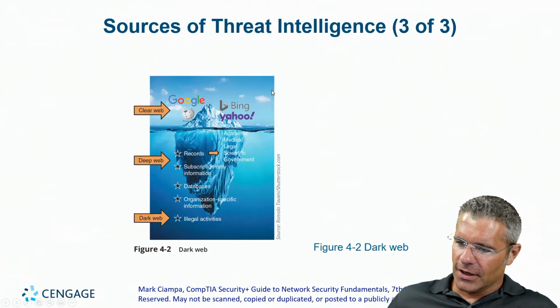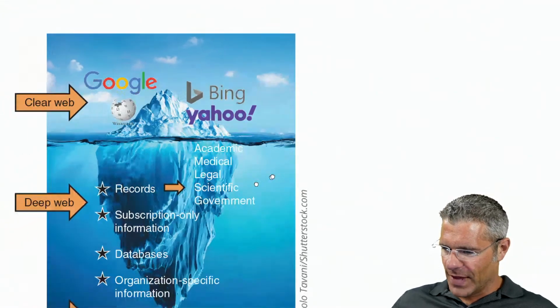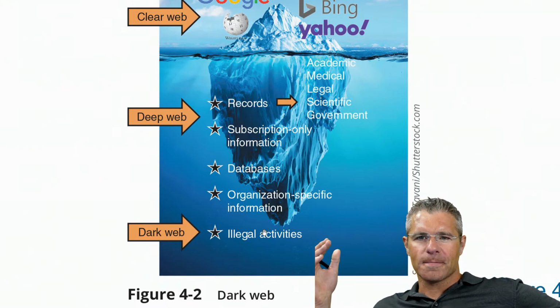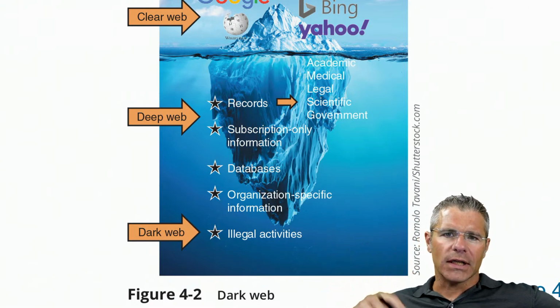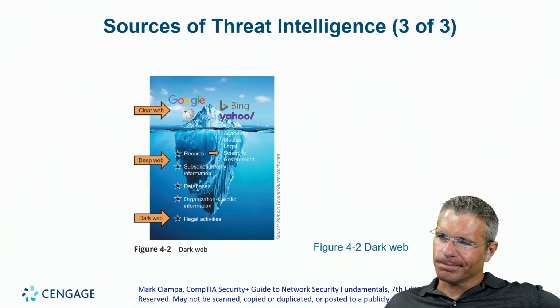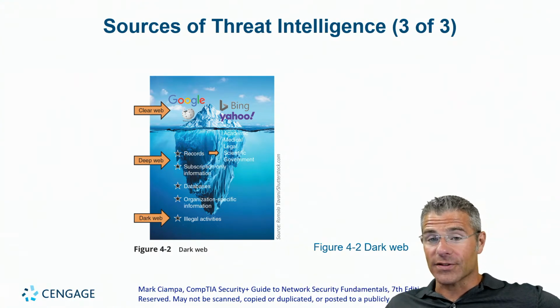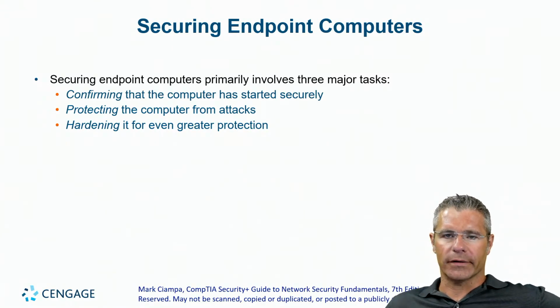This is not a terrible breakdown of what we mean when we say the dark web, right? So if it's on Google or Bing or Yahoo, that's not the dark web. You might call the deep web the places where you have to have a subscription service in order to use, and then the illegal stuff hiding out on the Tor network, that's the deep dark web. And actually, I don't know, that might be upside down, because the amount of stuff that is not available is that deep web stuff that doesn't get indexed. So if you ever get access to a big academic library, there's all kinds of information in this world that hasn't been out there.